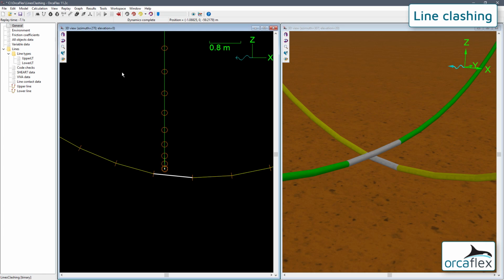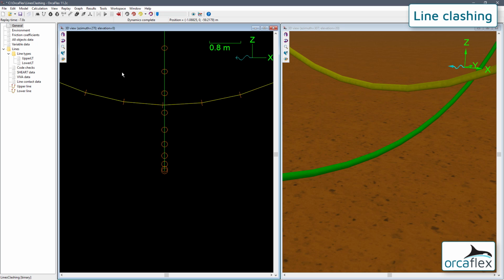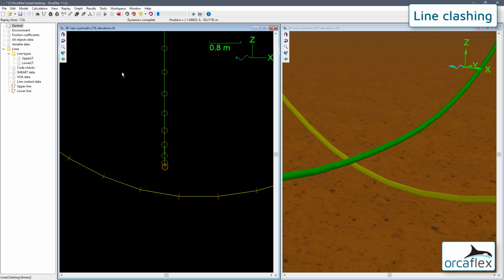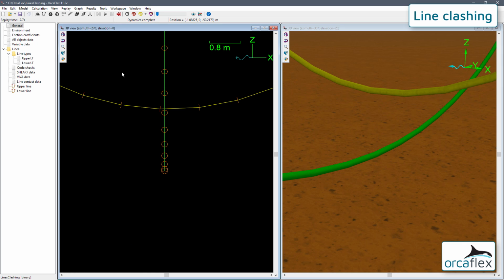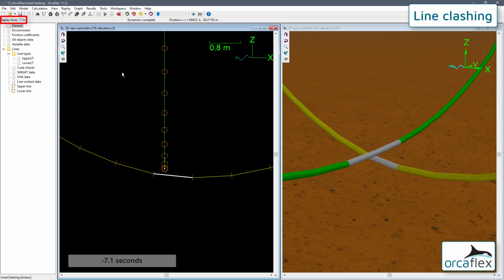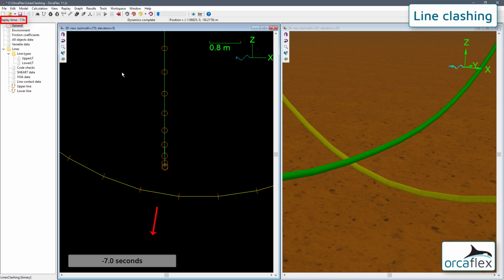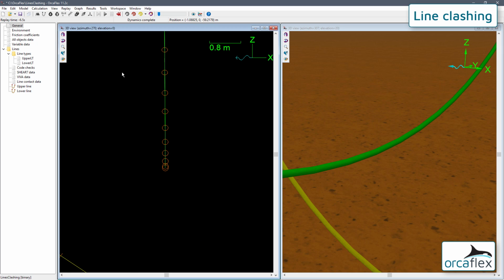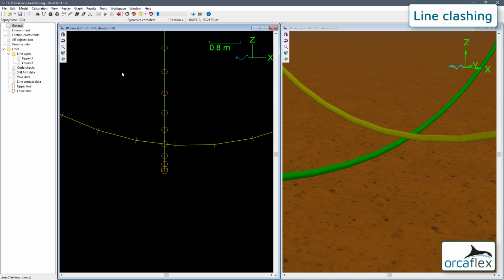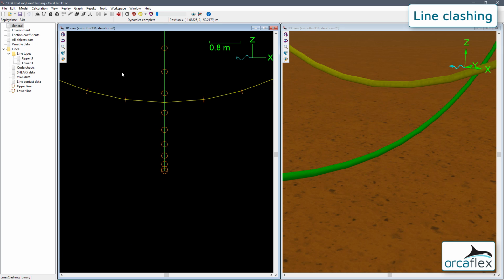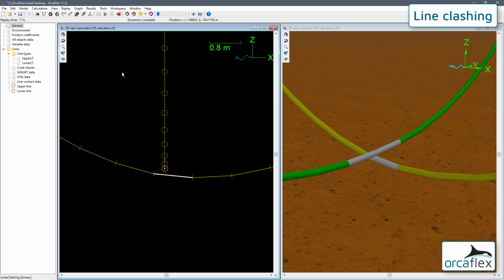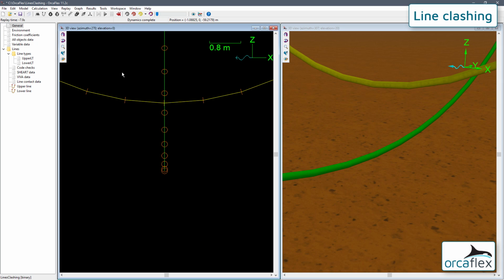Moving back to the previous model, that is exactly what happens here. The time step is too long to capture the upper yellow line falling and being stopped by the lower green line. At -7.1 seconds, contact is made, but the yellow falling line is below the green stationary line, so it has a reaction force pushing it down, which means that at -7 seconds it has continued down, at which point gravity takes over. The point being made is that we need a small enough time step that will allow this kind of interaction to be accurately observed.